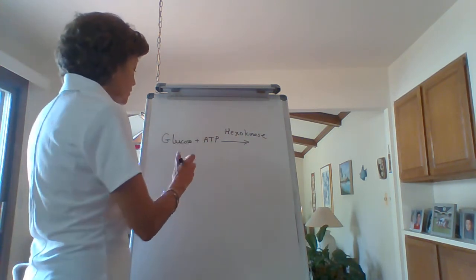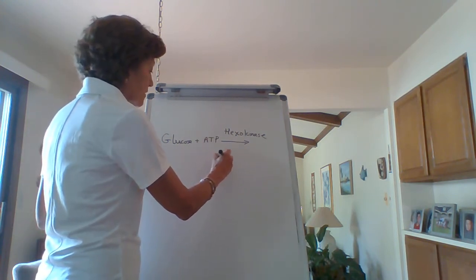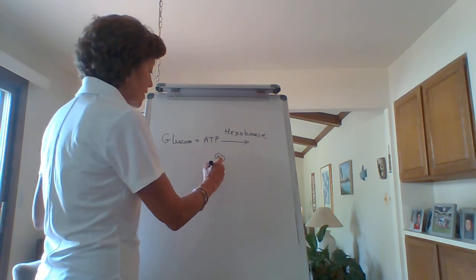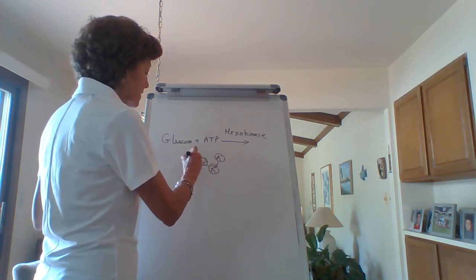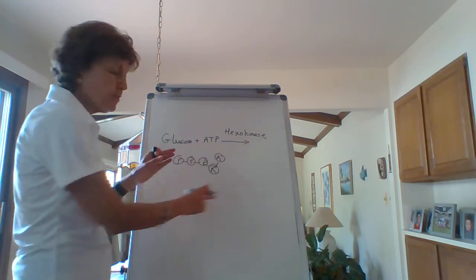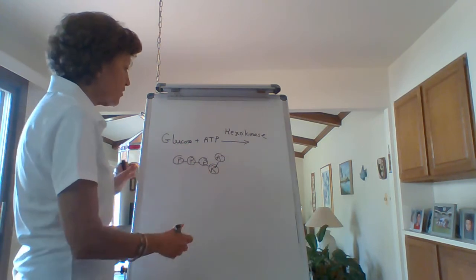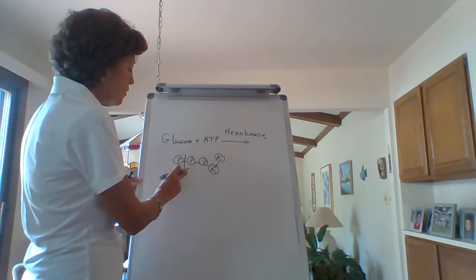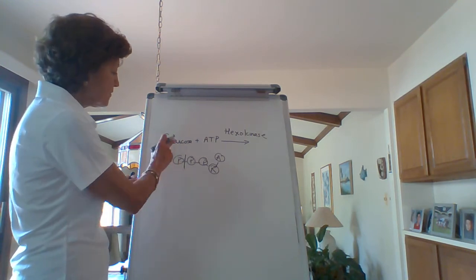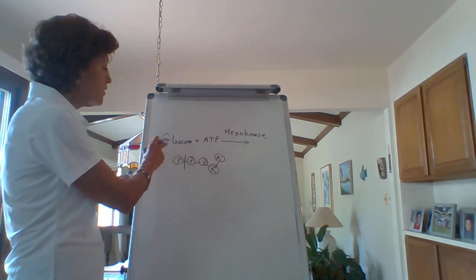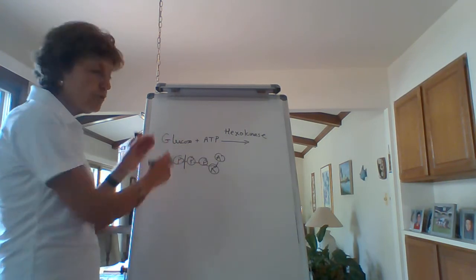The glucose is going to, remember how there's an adenine hooked up to a ribose, hooked up to 3 phosphates. This is what ATP looks like. Go back to the nucleic acid chapter. You can remember the structure of this. So you're going to take this and break this high energy bond. You're going to put this phosphate onto glucose, and you're going to transfer it from this ATP to glucose onto